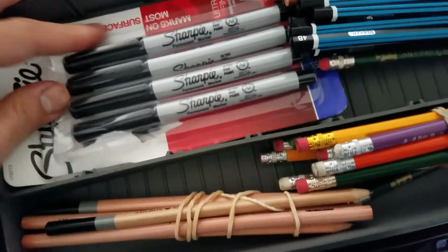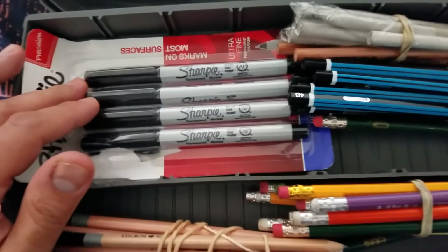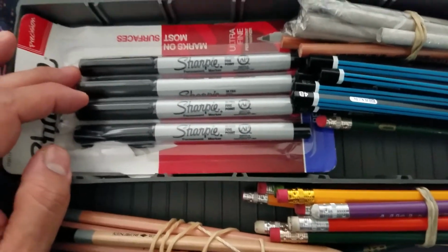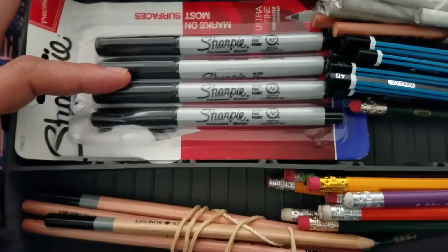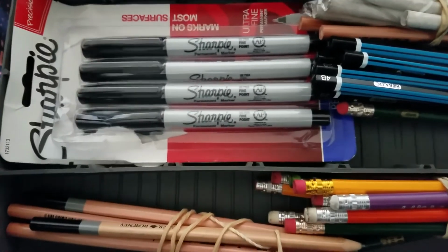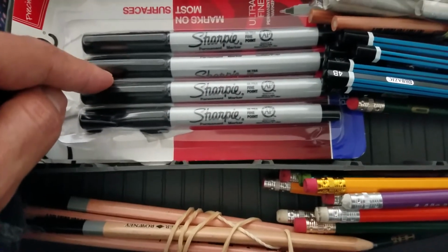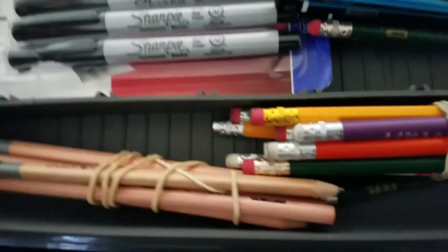They started off with a Sharpie. So these are, if you ever want to send me a Christmas present, or just be nice to me, and you don't know what to get me on my birthday, you can never lose by just sending me a pack of these Sharpies. I mean, I go through a Sharpie about every 2 or 3 days. So